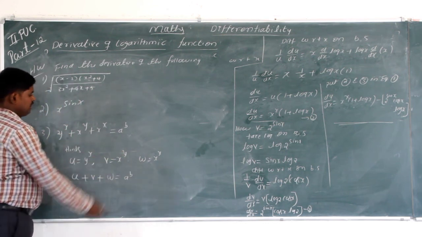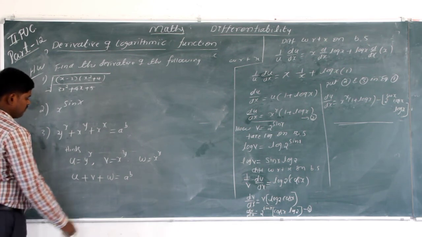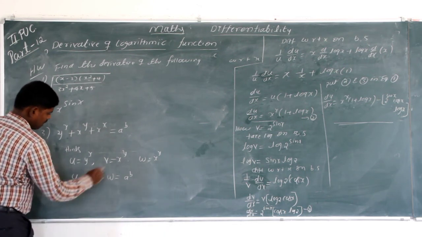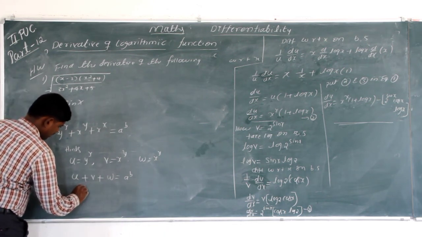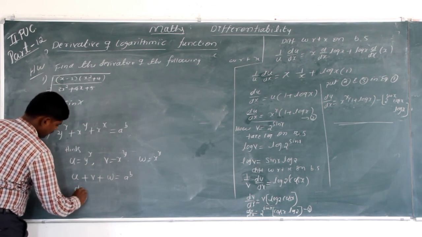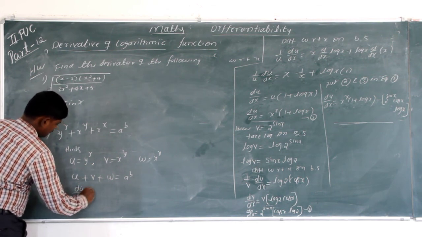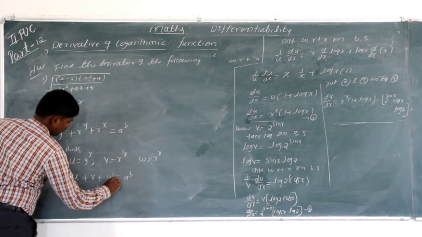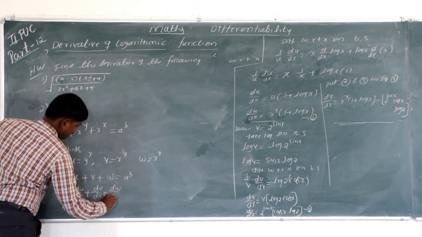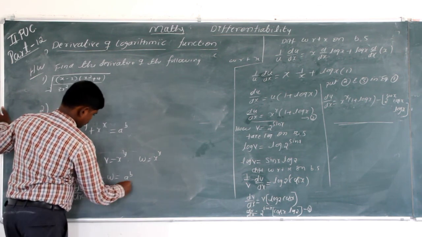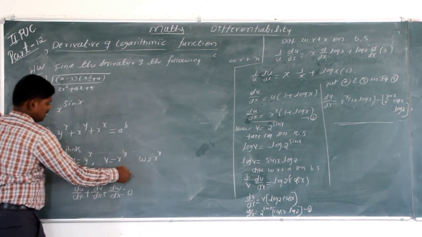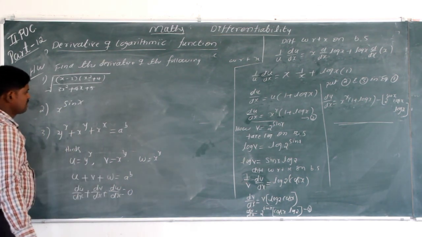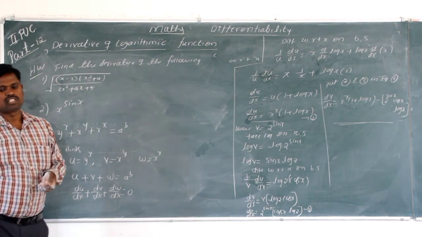So we need to find du by dx plus dv by dx plus dw by dx, which is equal to 0. This is the constant, therefore its derivative is 0. In the next sections we are going to discuss